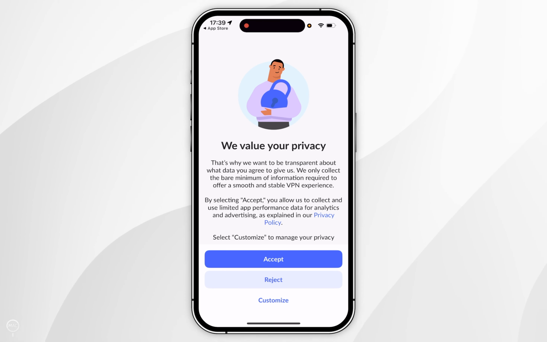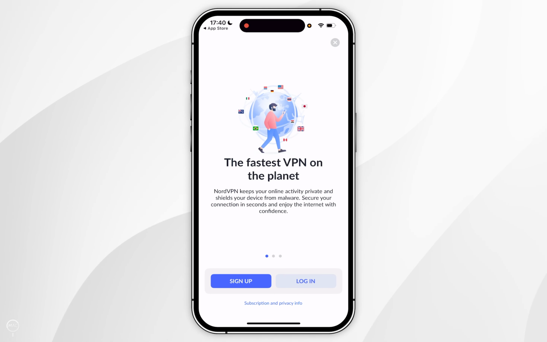When you open the VPN for the first time, you'll be taken to this screen. So you simply want to select one of these options, and then it will prompt you to sign into your